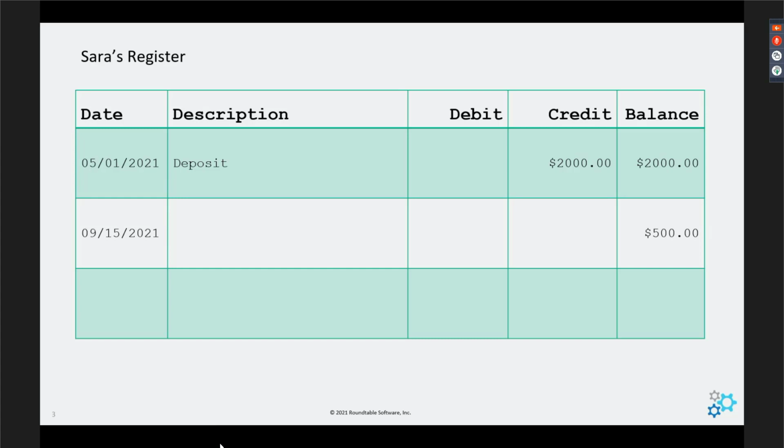So in my mind, this is how I envisioned her accounting register. This doesn't really tell us a whole lot, does it? I mean, we know where she started. She started with $2,000 and now she ended up with $500. So did she spend it all? Did she earn some and then spend that? With this limited data, we can't really analyze anything. We can't find mistakes. We don't know anything about how she got from $2,000 to $500. So when maintaining our personal finances, our personal accounting, we wouldn't tolerate such a poor level of accounting. So why would you tolerate it when it comes to managing your database schema?